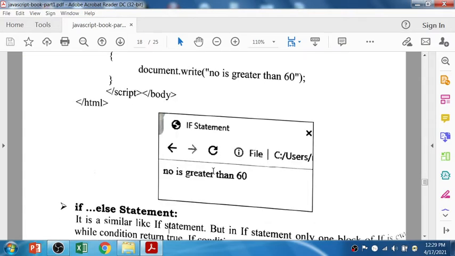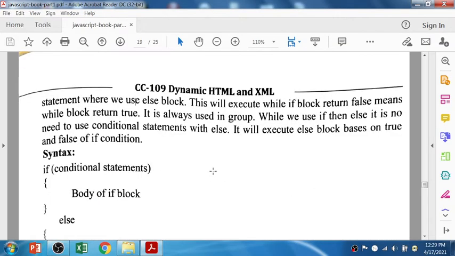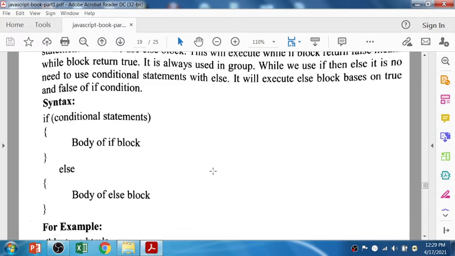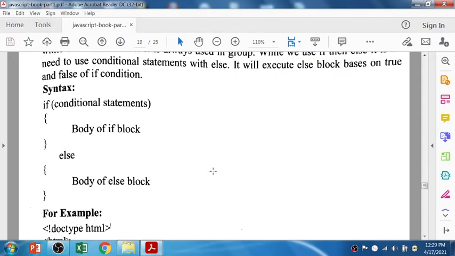If else statement: when you have two paths, two certain conditions, at that place you can use the if else condition. So if with a conditional statement with its statement block, and else without a condition. If the first condition is not true, then ultimately the second condition becomes true. The body of the else block should be written within curly brackets.